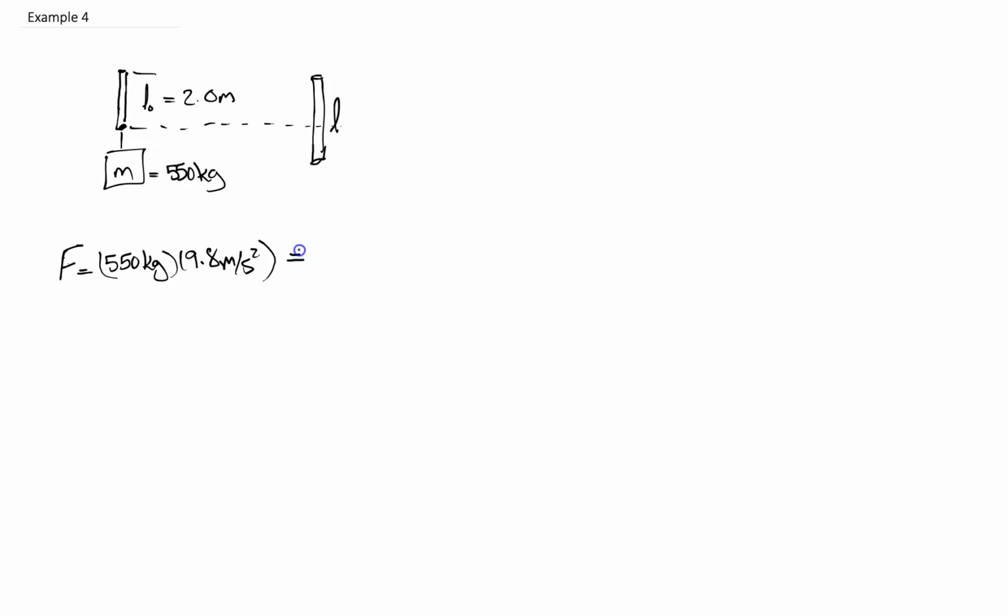And that is what's going to cause the stress. So the stress is going to be the force that's acting perpendicularly to the unit of area. The unit of area would be just the area of the surface area of that rod, which we're given. So if we plug these values in, we have 550 kilograms times 9.8 meters per second squared over the cross-sectional area, which is